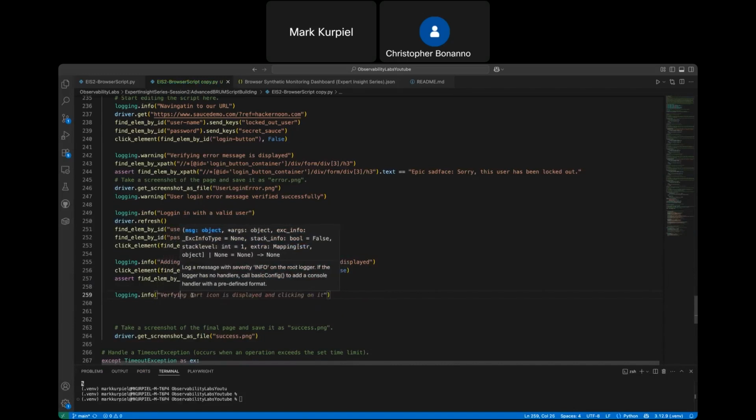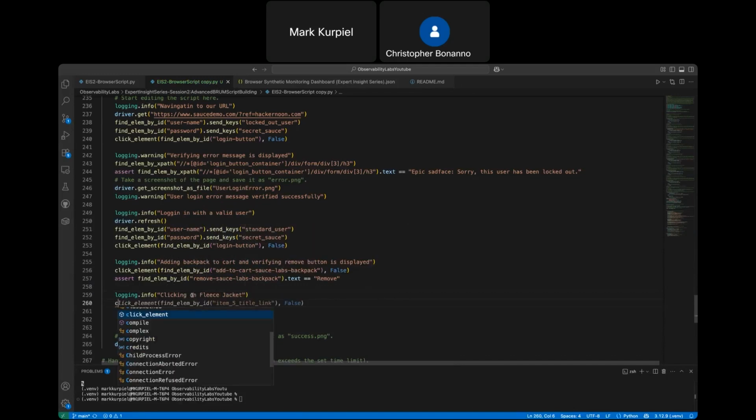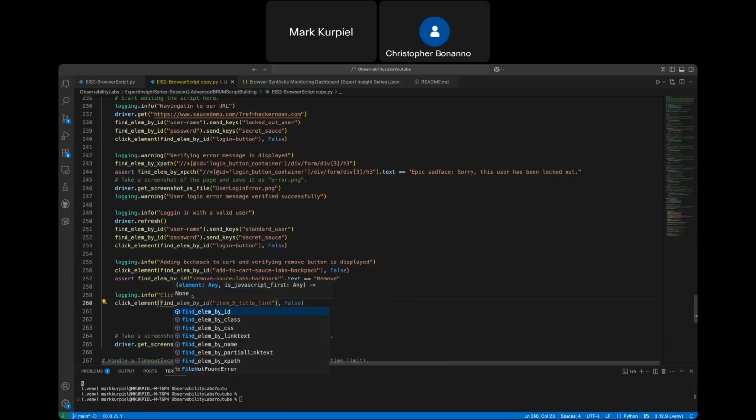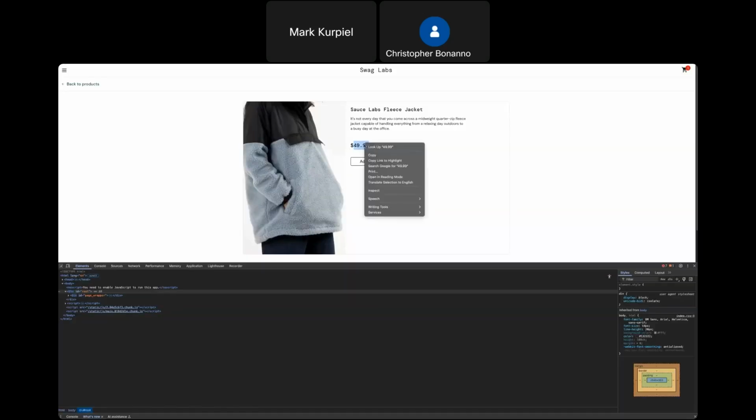Buying fleece jacket. Click element. Find by link text. And then set that false. Okay. And then if you manually click on it, the next thing we're going to do is now verify the